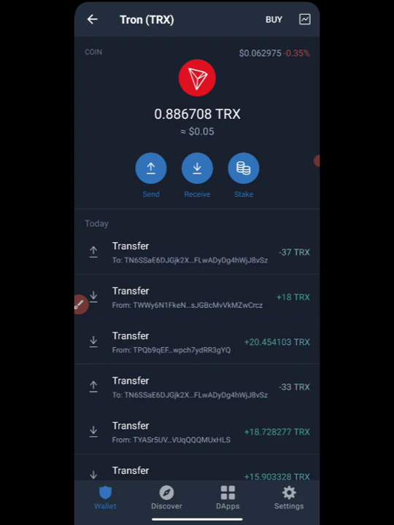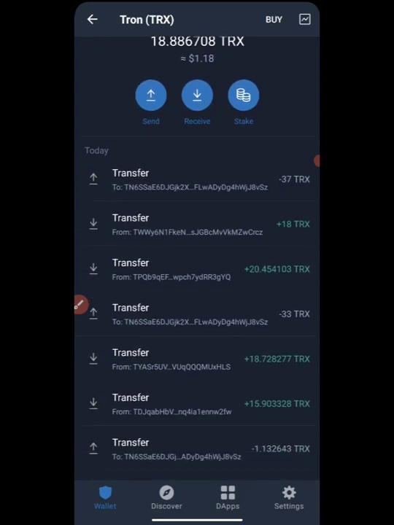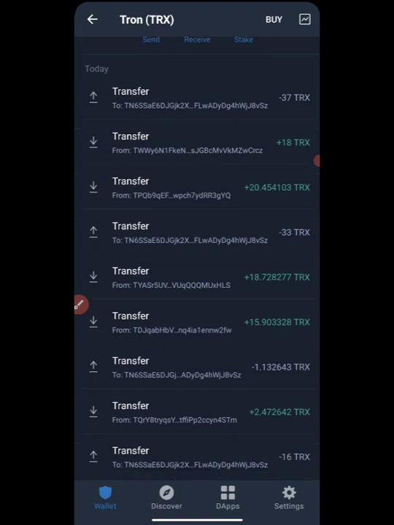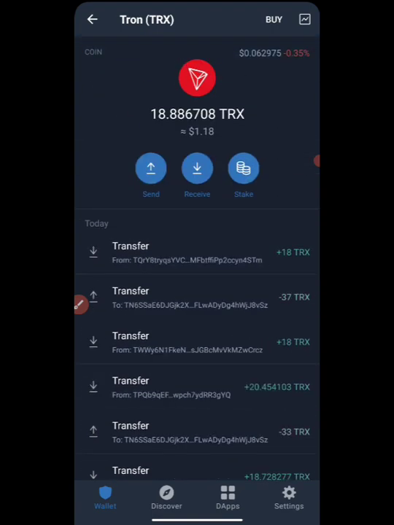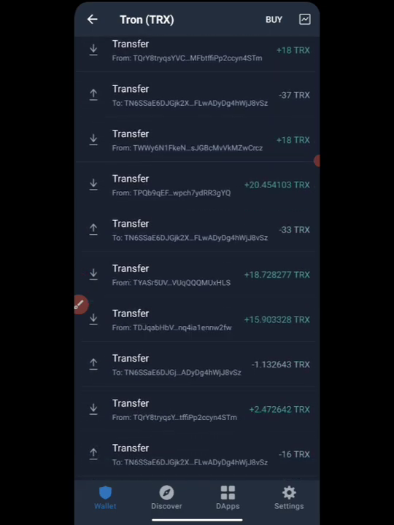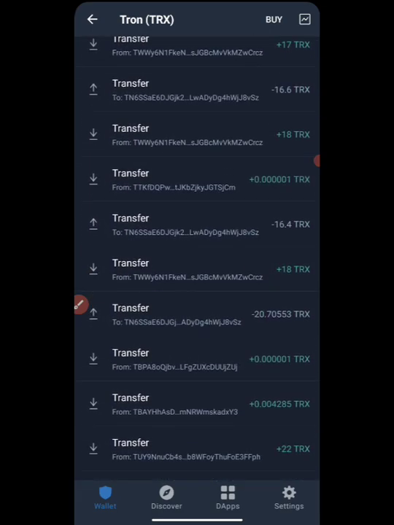So right now this is done again. This is gone. 37, keep going. 37, keep going. Another one dropping again immediately after you withdraw that. We have another 1.8. So this guy is going to be making TRX daily, just a little TRX, one TRX, and nobody is going to notice. And the more it gets this, the more money it's going to make.